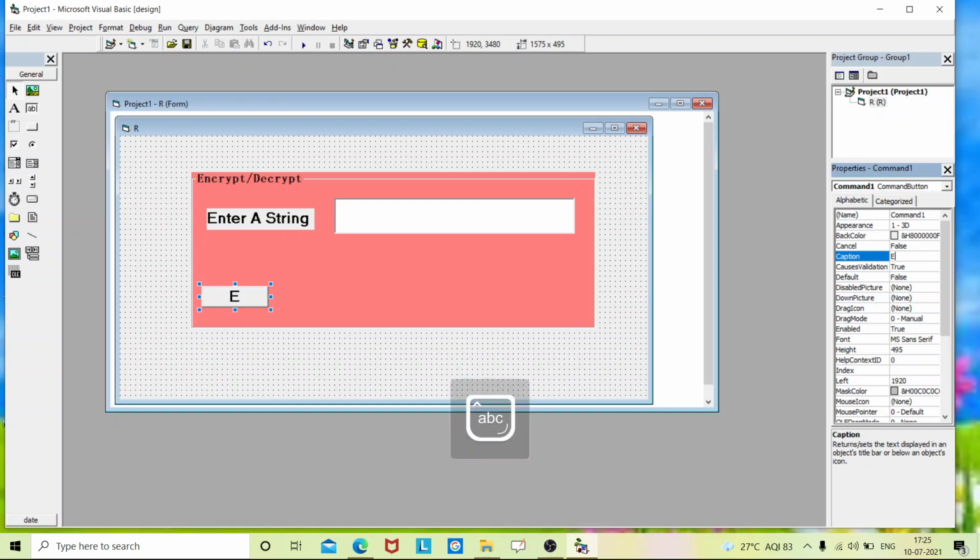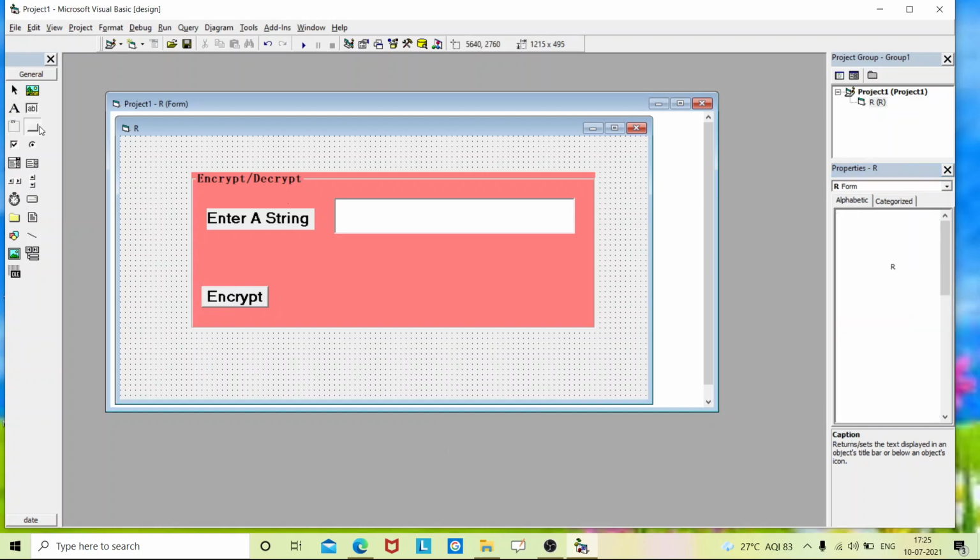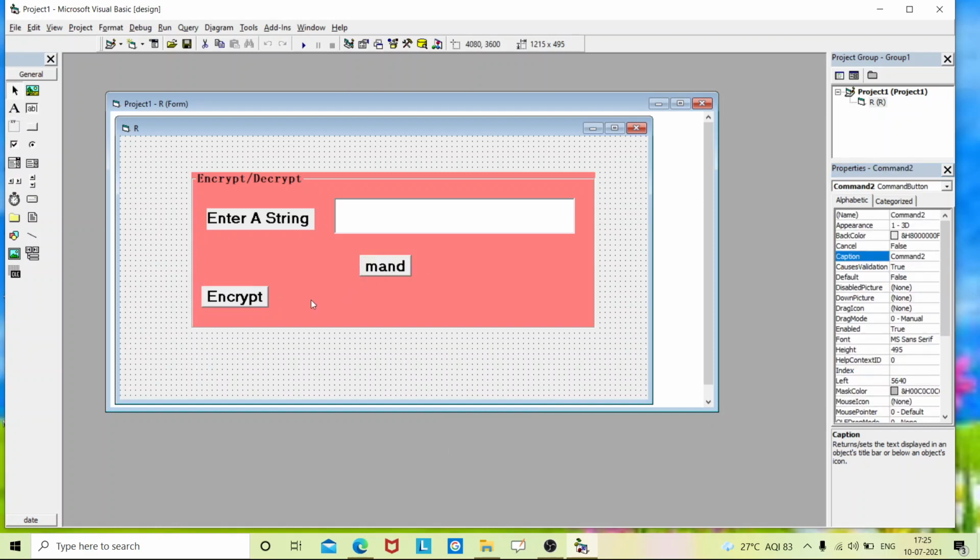So I'll give the first one as Encrypt. Second command button, Decrypt.